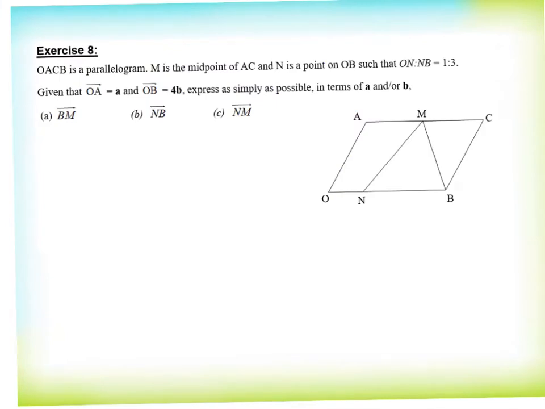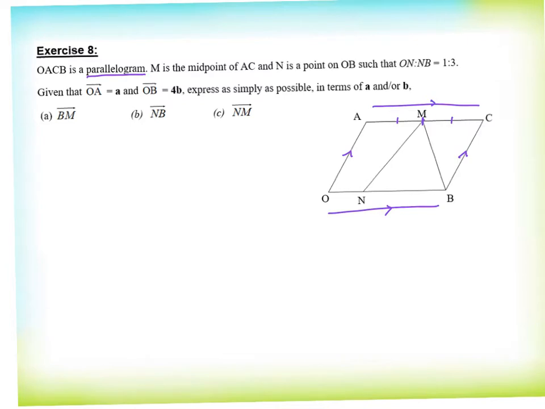Exercise number 8. OACB is a parallelogram. Now, the moment we have a parallelogram, there are many things that we need to consider. We need to know that OA is parallel to BC. Not only that, OA is equal to vector BC. Then what are the other pair of parallel sides? I will have AC equal to OB over here. Now they tell me that M is the midpoint of AC